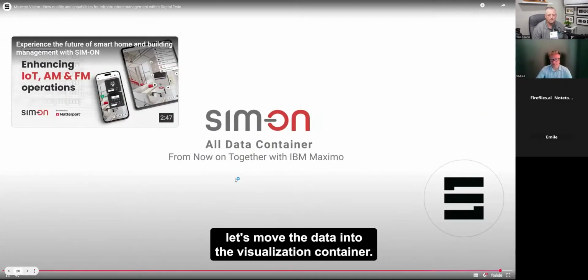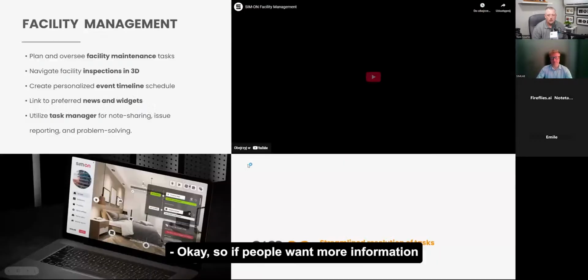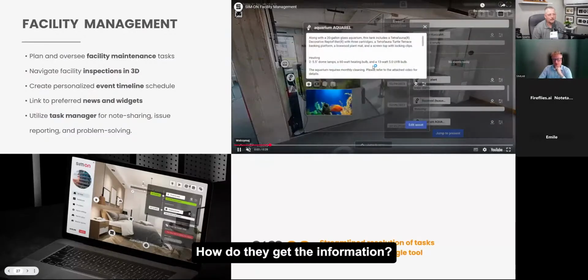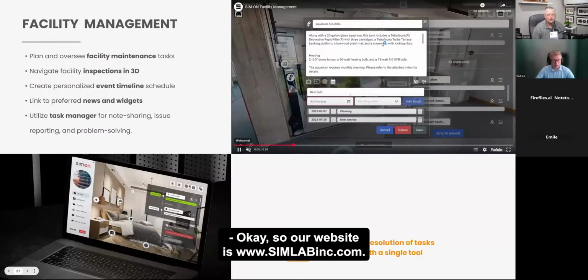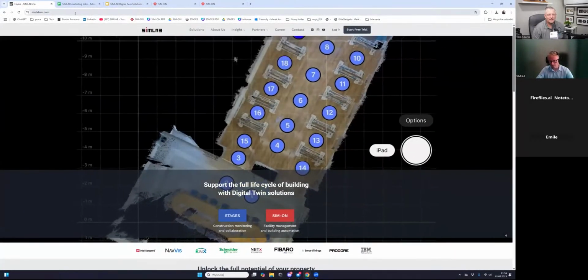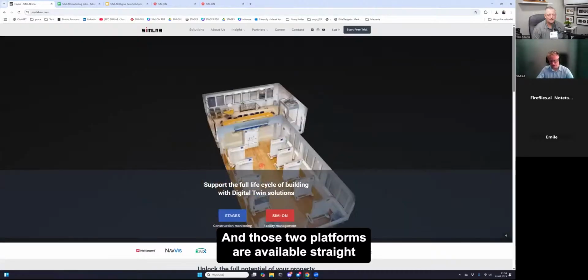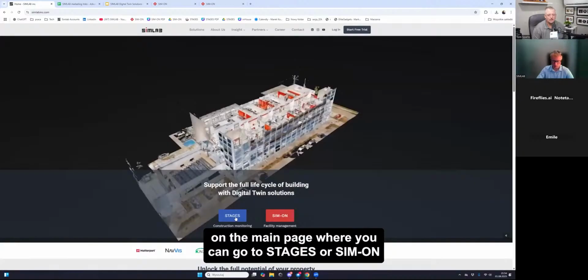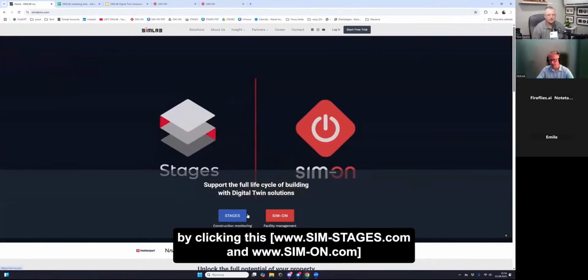Okay, so if people want more information on Stages or SIMON, where should they go? How do they get the information? Okay, so our website is simlabinc.com, and those two platforms are available straight on the main page, where you can go to Stages or SIMON directly by clicking this.